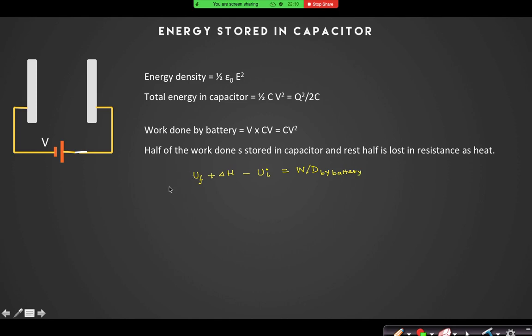We will prove that also. We have not done it in a reversed way. We have not done that delta H is equal to half CV square. We have calculated delta H by calculating the work done by the battery and the energy stored in the capacitor. But once we get to know the function of current with respect to time, we can simply find the heat loss by integration of I square R dt also, right? And in that form also you will find the same heat loss. Half CV square will always be the answer, right?